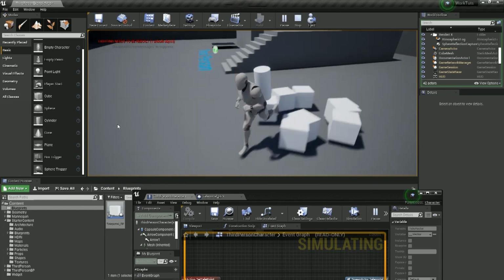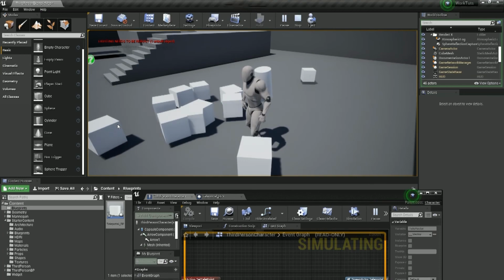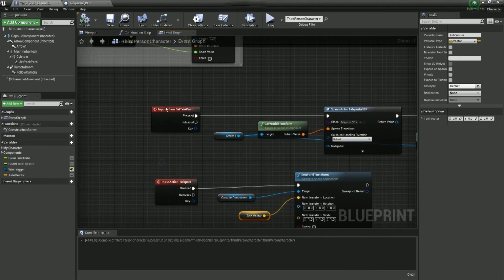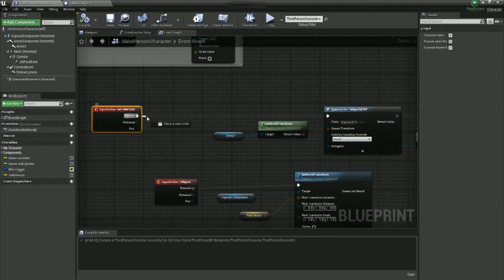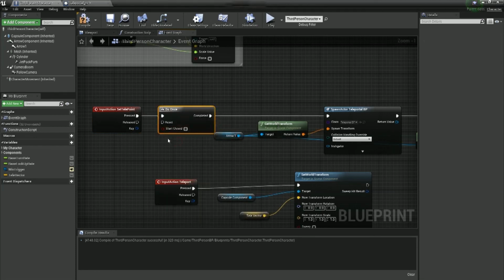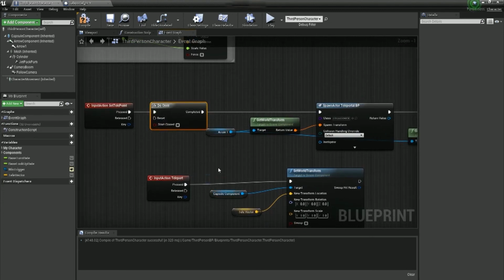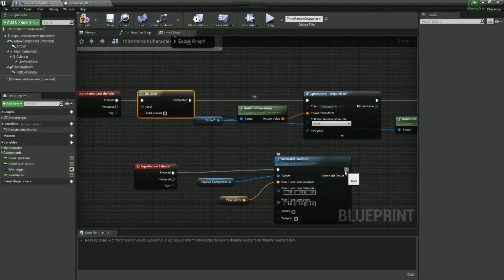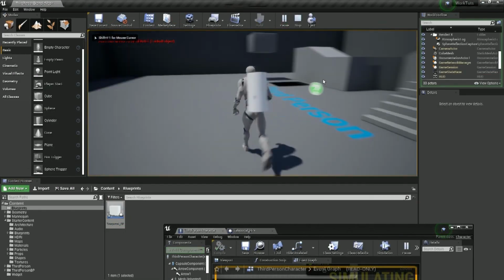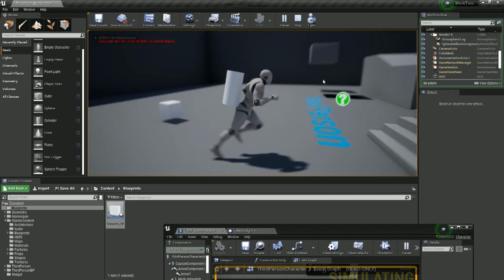Now we could stop it so it stops spawning these. And there's a couple of different ways we could do this. We could just do a do once. Now what a do once does is it pretty much does what it says on the thing. It does once, and then once we've teleported, that's when we would probably want to reset this. So now we can only spawn one, but then if I teleport,